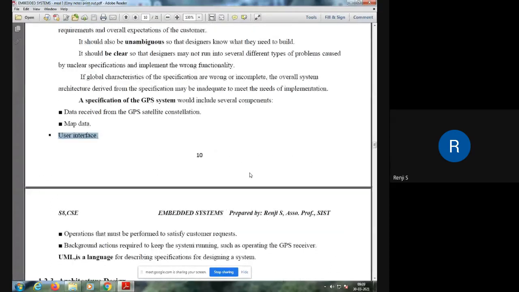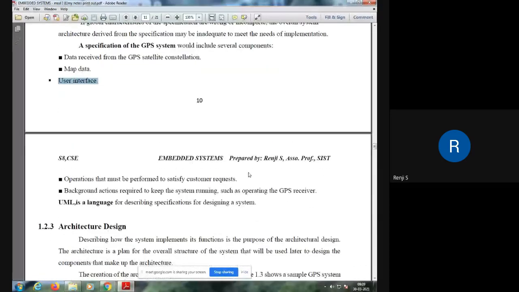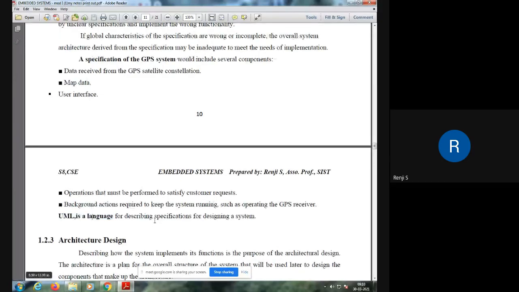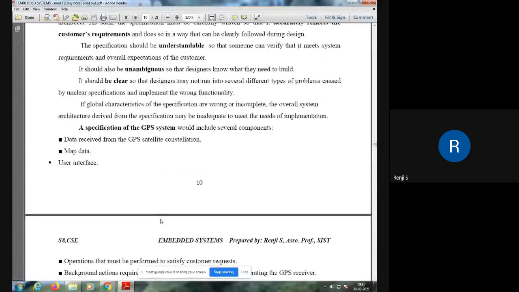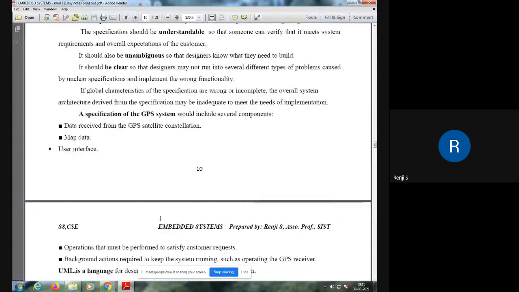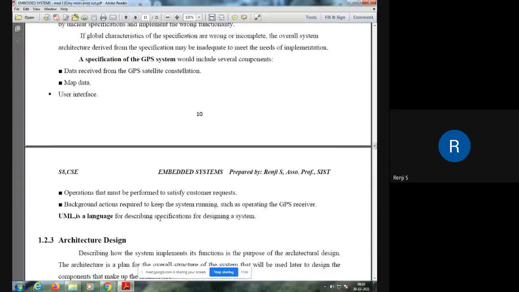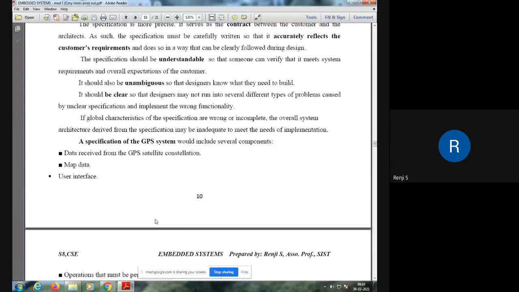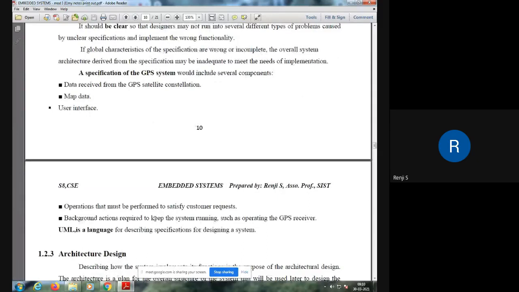So, to describe the specification of any system, we use a modeling language called UML. UML is a language for describing specifications as well as capturing the requirements of a system. So, this is the next section, UML. To design a system or to represent a system in a diagrammatic way, or to visualize a system, we use the Unified Modeling Language. So in the specification phase as well as in the requirements analysis phase, we come across UML representations once the system has been finalized.